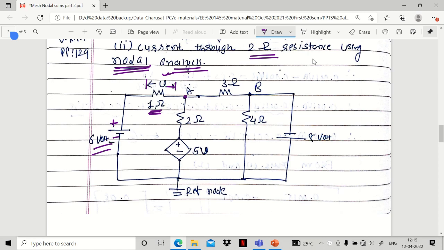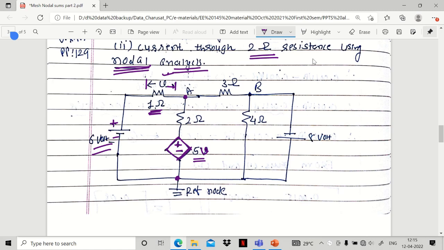There is a principal node A. Between node A and this reference node, the 2 ohm resistance is connected, and here this rhombus shows the control source, and inside the rhombus there is positive and negative sign. So it's a voltage source whose magnitude is what? Phi into small v. Where is small v? This is the small v, voltage across this 1 ohm resistance,